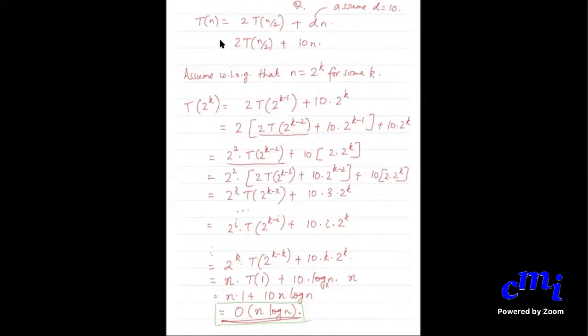But till that, is it clear why you get all this? When you go to your algorithms course, you will actually prove this as a theorem: if you have a recurrence of this form, instead of 2 into t of n by 2 plus dn, you will have some a into t of n by b plus cn, and then you will figure out under what conditions and for what values of a, b, and c you will have what kind of complexity as the end result.